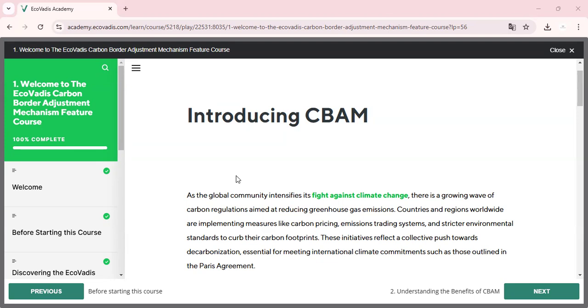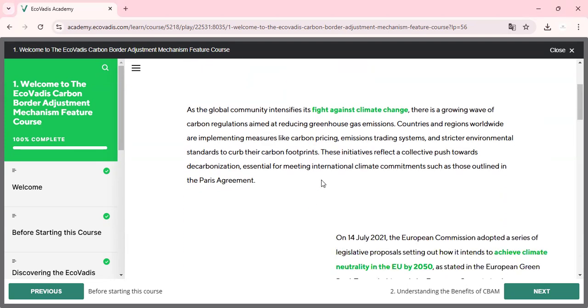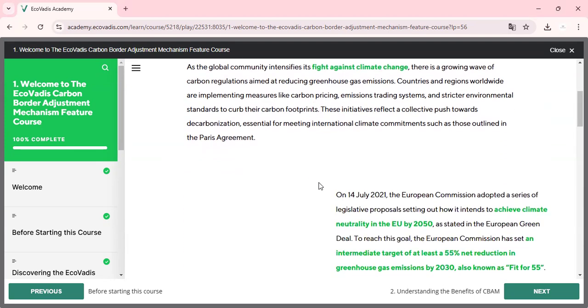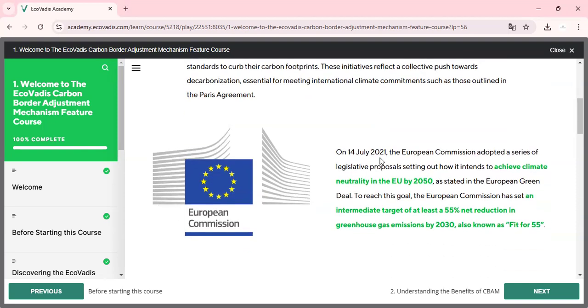Introducing CBAM. As the global community intensifies its fight against climate change, there's a growing wave of carbon regulations aimed at reducing greenhouse gas emissions. Countries and regions worldwide are implementing measures like carbon pricing, emissions trading systems, and stricter environmental standards to curb their carbon footprints. These initiatives reflect a collective push towards decarbonization, essential for meeting international climate commitments such as those outlined